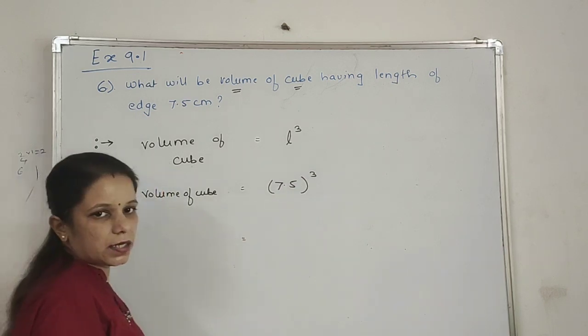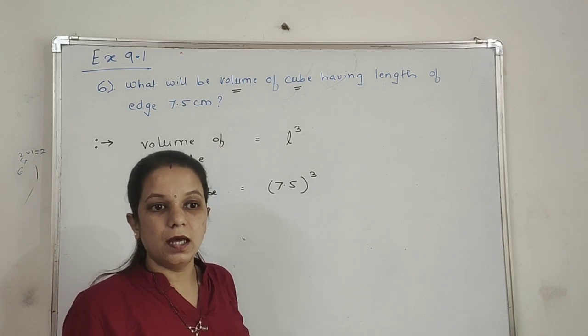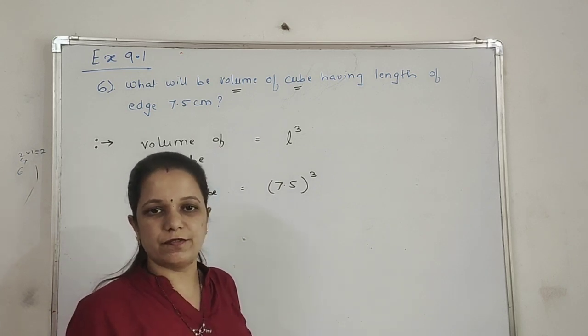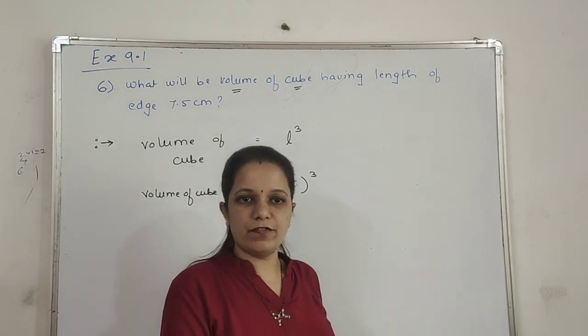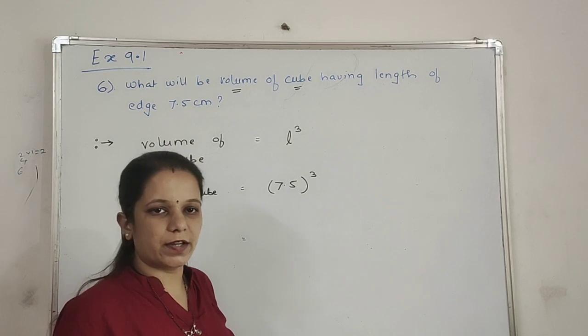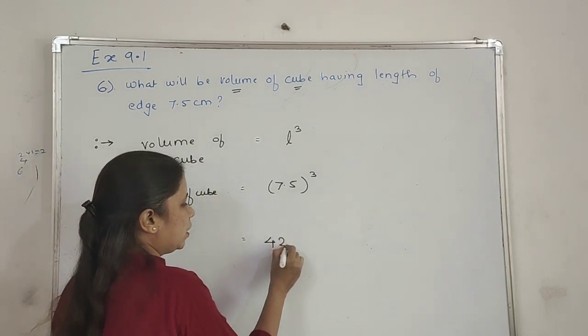Now here in rough you will have to calculate the cube of 7.5, means 7.5 into 7.5 into 7.5, and when you cube it out your answer will be